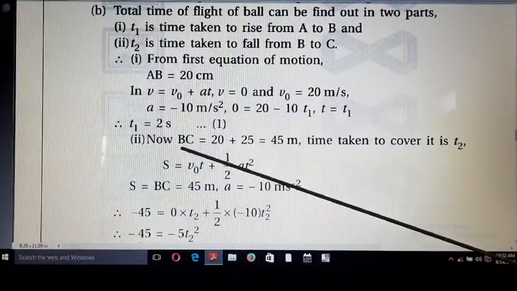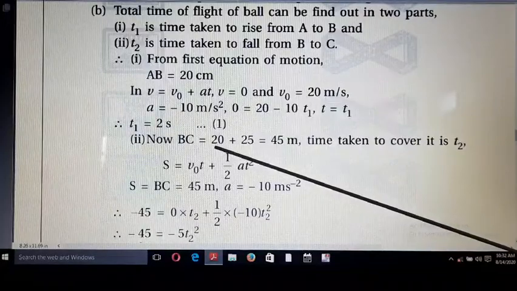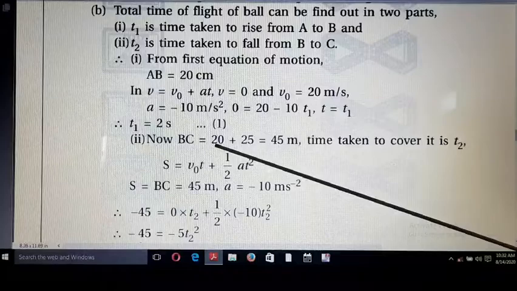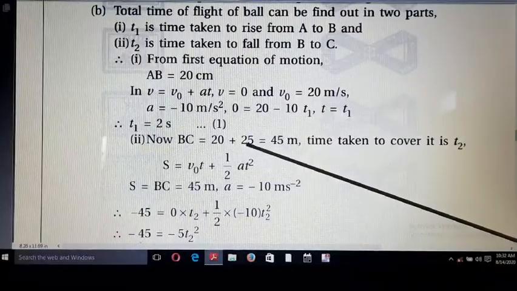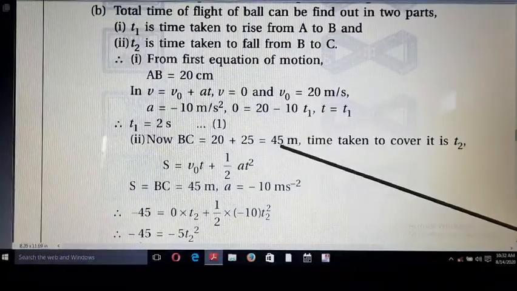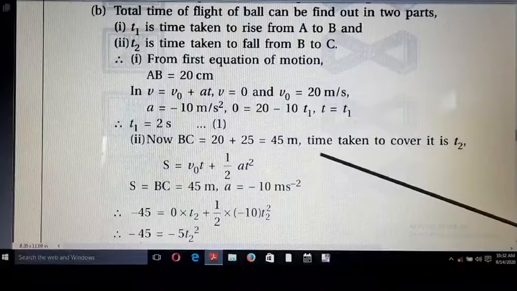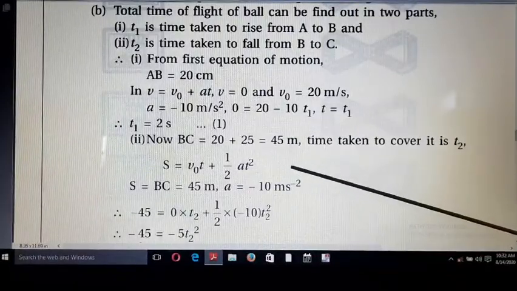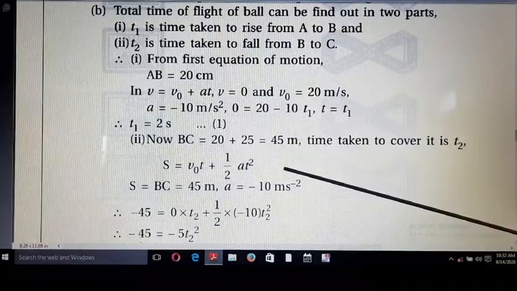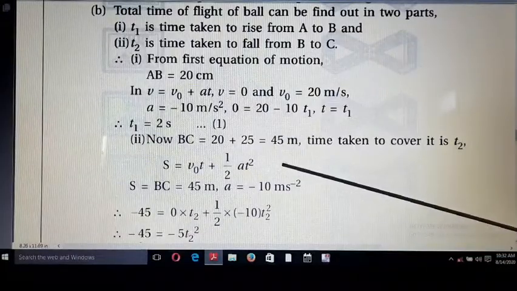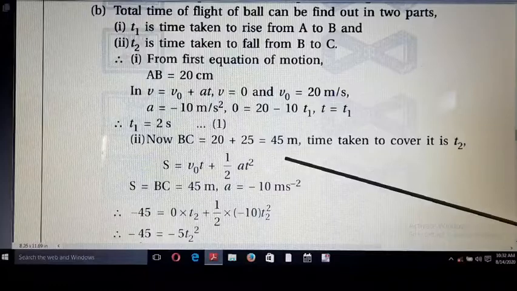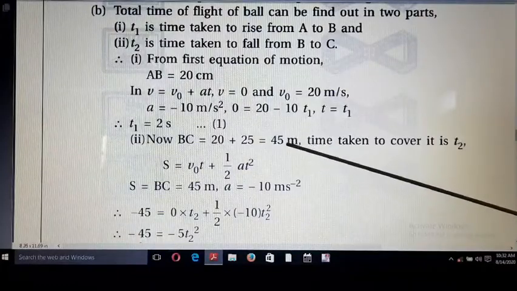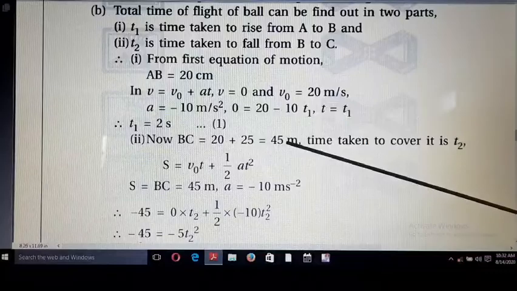Now BC is equal to the height of the ball from the terrace plus the height of the building. Means 20 plus 25 is equal to 45 meter. Time taken to cover it is T2. So with the help of the equation of motion, x is equal to V0t plus 1 by 2 at square. But here instead of x we can write down as